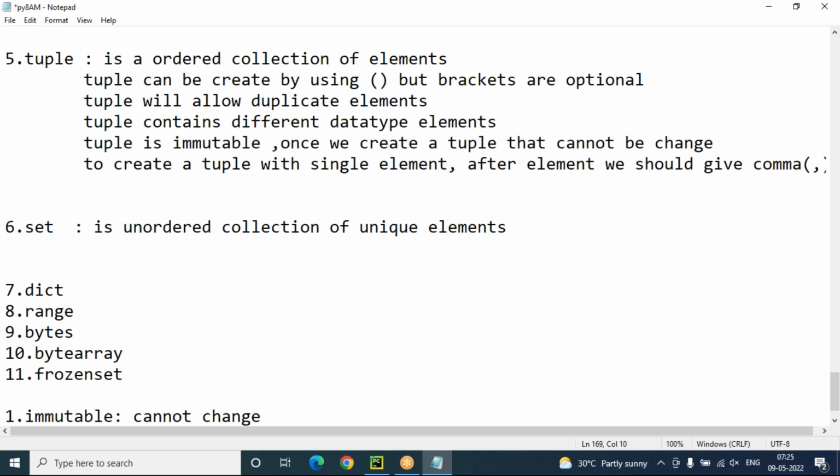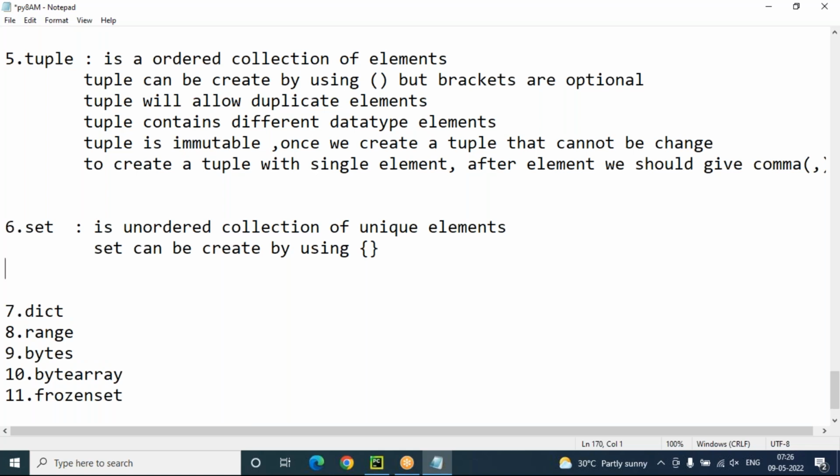And how to create a set? A set can be created by using curly brackets. Curly brackets are required, so please try to remember. I'll give you a chart clearly of all these rules and regulations. Once I complete the explanation, I'll show you that chart also. That will be very useful, and you can easily recognize what is what. I'll try to send it to you today along with the video. Set is an unordered collection of unique elements, created by using curly brackets, and